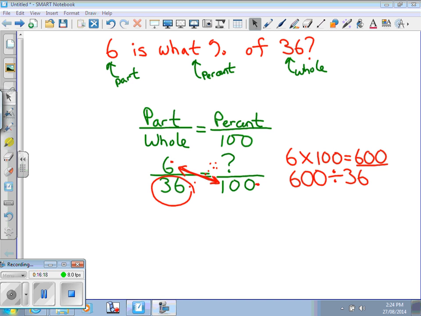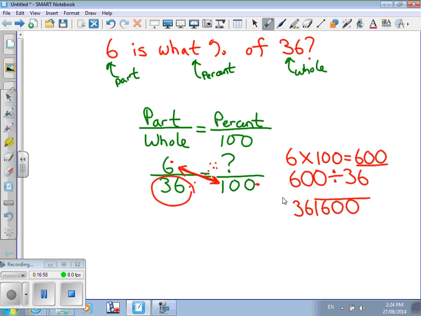At this point, and for this lesson, you should be using a calculator. If you want to attempt to use long division and divide 600 by 36 for extra practice, by all means, but it does open up an opportunity to make mistakes in these questions, and I think I would rather have you concentrate on the question itself as opposed to the long division, which you've already learned. Regardless of how you do it, whether with a calculator or using long division, when I take 600